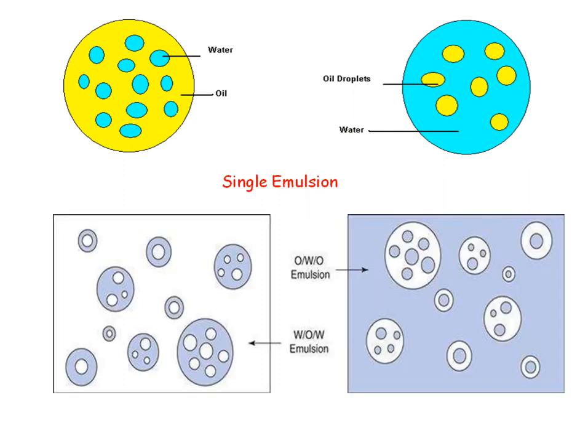Then these are the examples or images for W/O/W or O/W/O. In this type, water is the continuous phase and globules of W/O are there in this water as a continuous phase. And in case of O/W/O type of emulsion, these O/W type of globules are dispersed into the oil dispersion medium. So it is known as multiple emulsion.